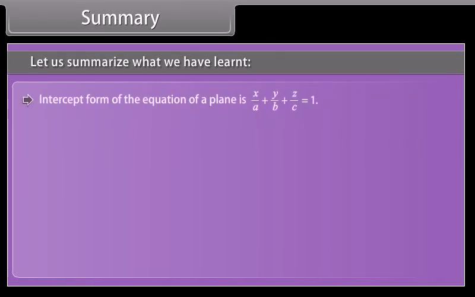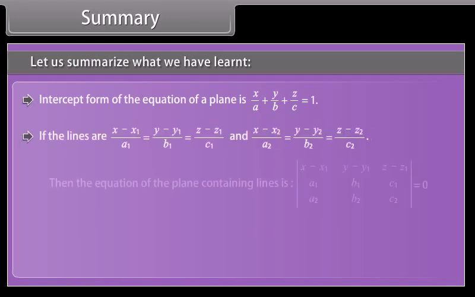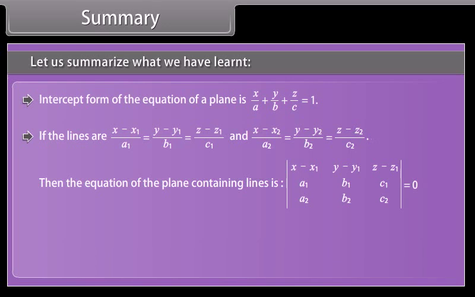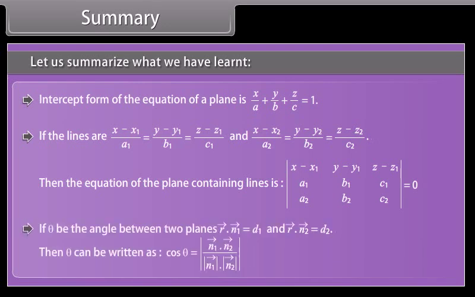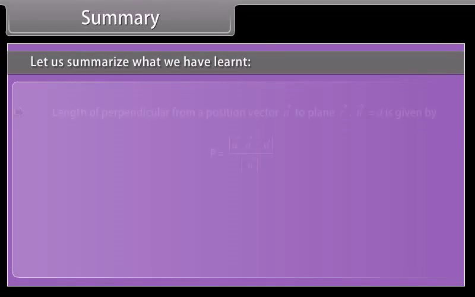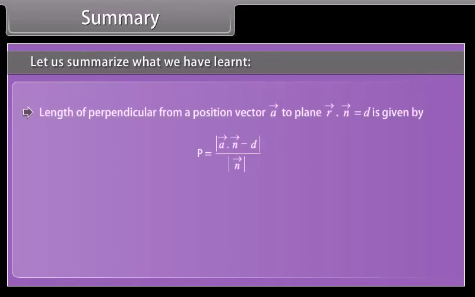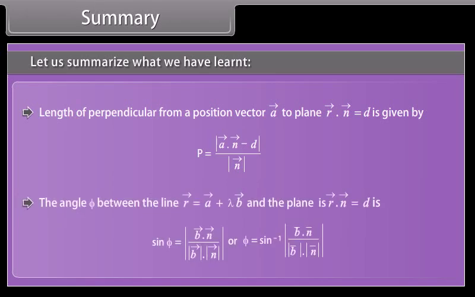Intercept form of the equation of a plane is the following. If the lines are given, then the equation of the plane containing the lines is the following. If theta is the angle between two planes, then theta can be written as follows. The length of perpendicular from a position vector A to the plane is given by the following. The angle phi between the line and the plane is